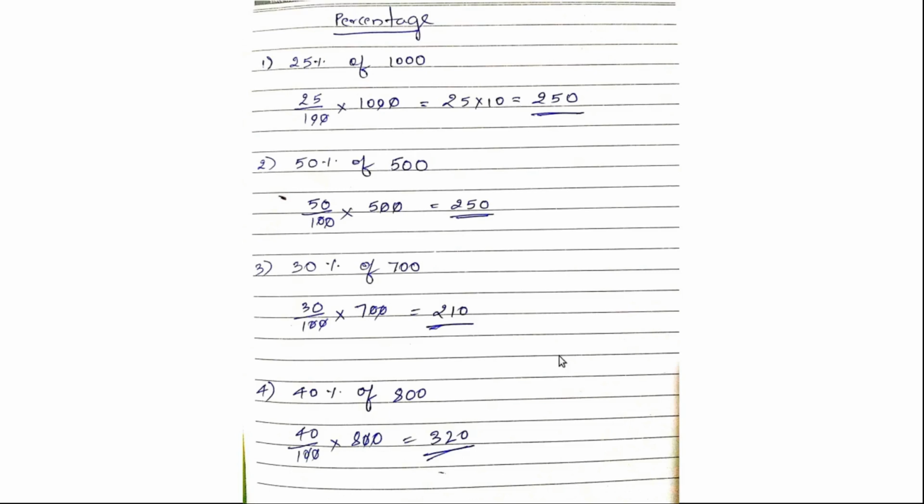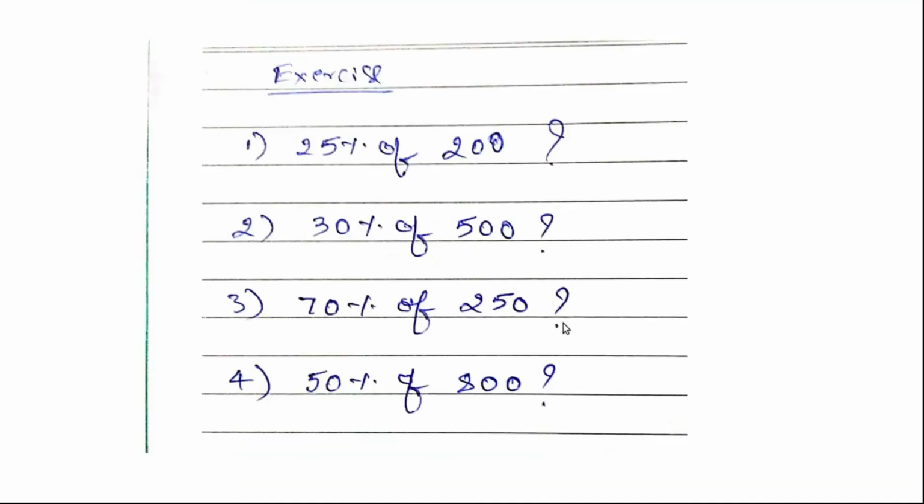You can go through these 4 examples again. Actually it is a simple concept. Try these 4 examples again, same thing, that is 25%, 30%, 70% and 50%, that is 25 by 100 into 200, same. So pause it here and then try to solve on your own.